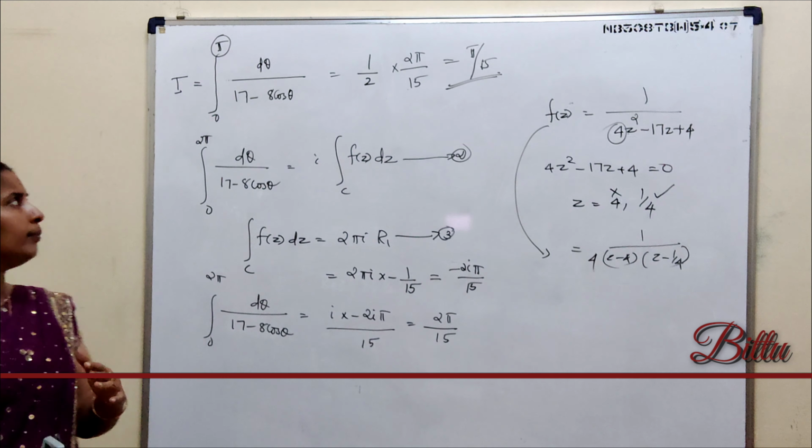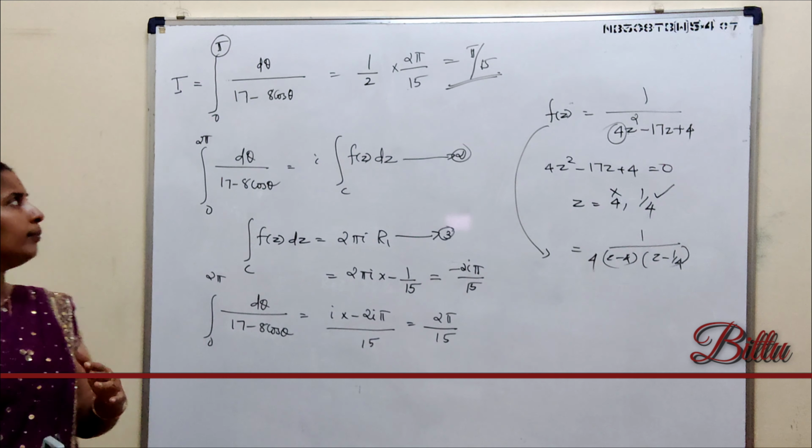See this question. Integral is from 0 to 2 pi. In such questions, you have to convert it by half into integral 0 to 2 pi. See, in this section, we evaluated the real integrals of the form integral 0 to 2 pi f of sin theta, cos theta d theta. And the method is, you put z equal to e raised to I theta, then you convert sin theta and cos theta in terms of z. You put these values of d theta, cos theta, sin theta, etc. in the given function. Then you simplify and convert the given integral into the form integral over c f z dz. Next you evaluate by residue theorem. So this is the method.